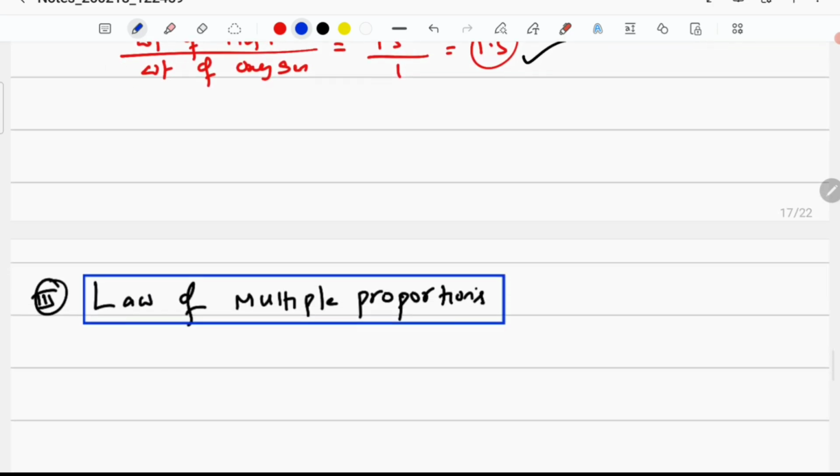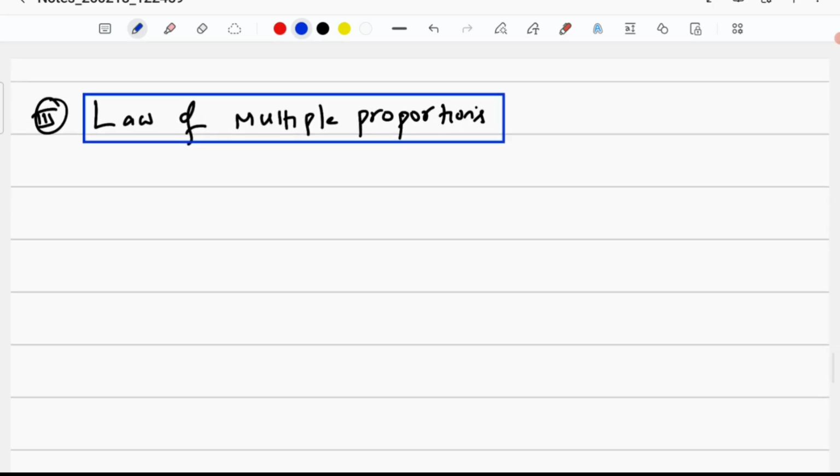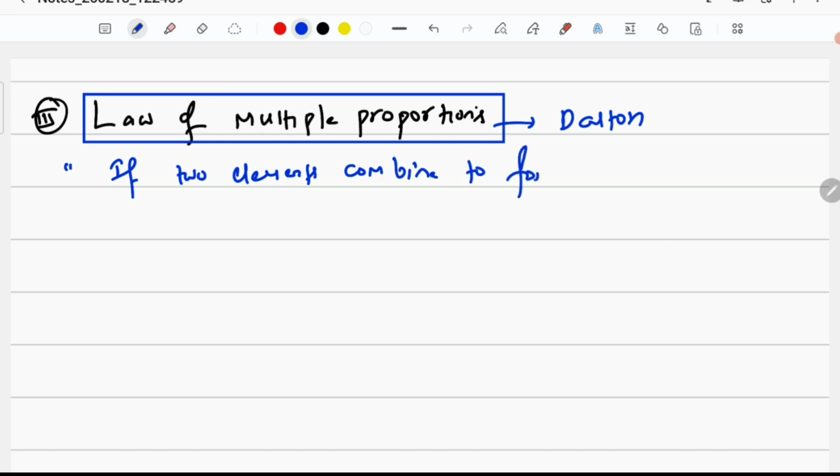Next, moving further, law of multiple proportions. See, the law of multiple proportions was given by Dalton. Dalton proposed the law of multiple proportions. So here, see the statement first. If two elements combine to form more than one compound,